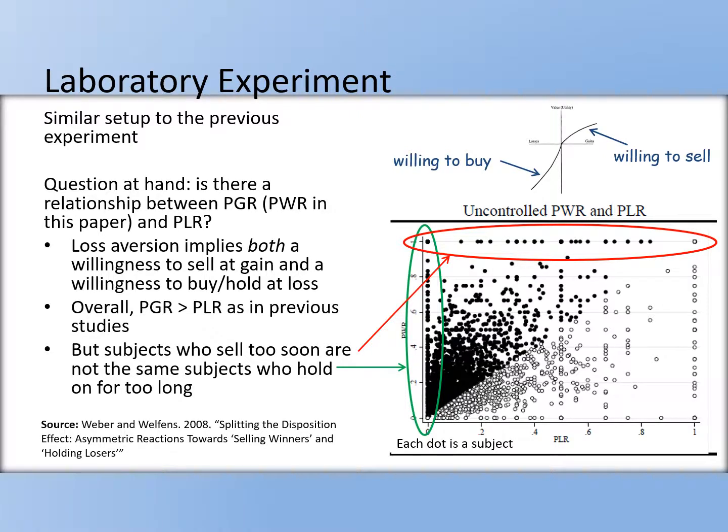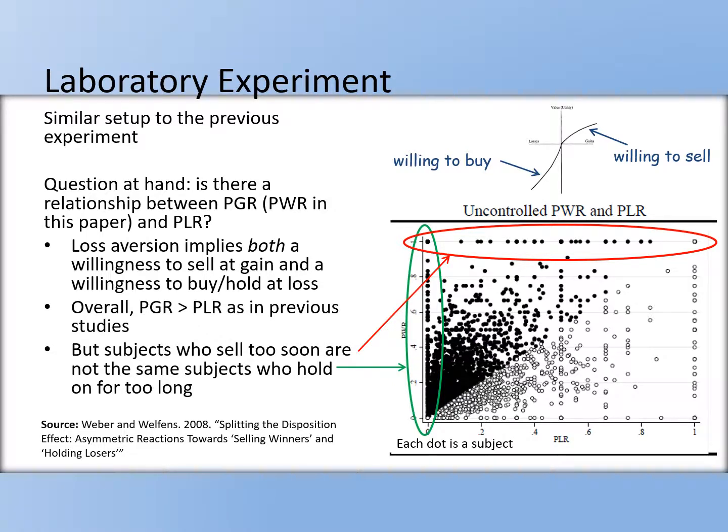One thing you have to note is that it could depend on the design of the experiment, right? Perhaps the design is such that people have very low incentive to sell. You see there's a lot of mass of people here, which means most people are doing very little. They're not really selling the gains, they're not really selling the loss. So perhaps the experiment design is not very friendly to trading. People just don't want to do anything. They just want to sit there till the end and get whatever they get, right? So that is possible. But this experiment wants to suggest that